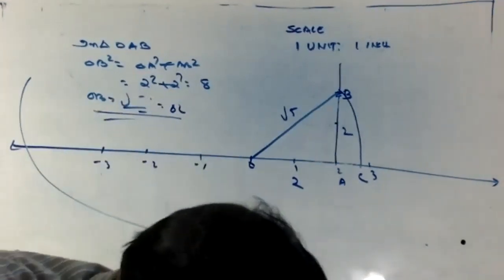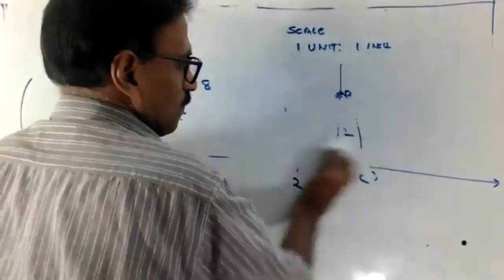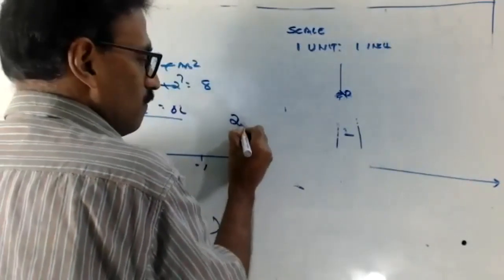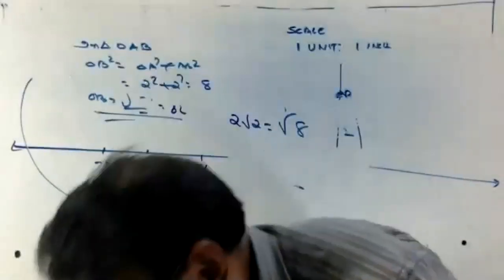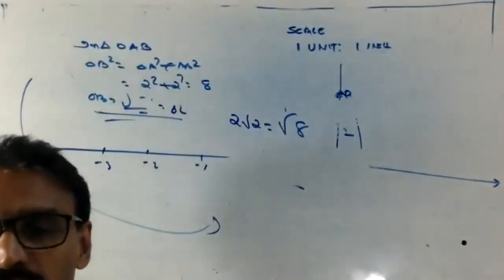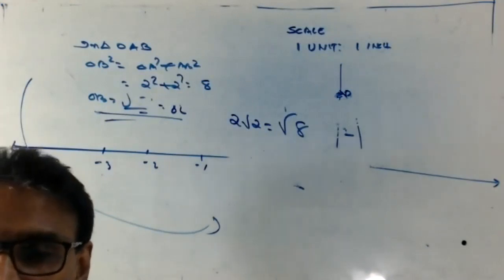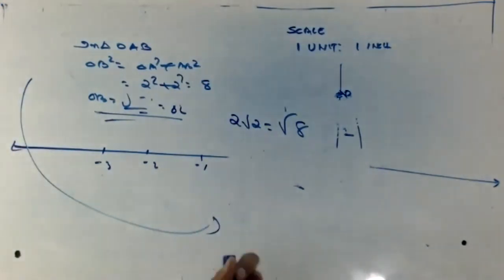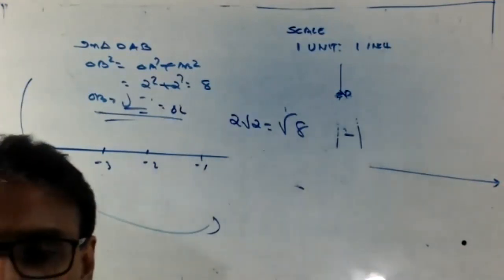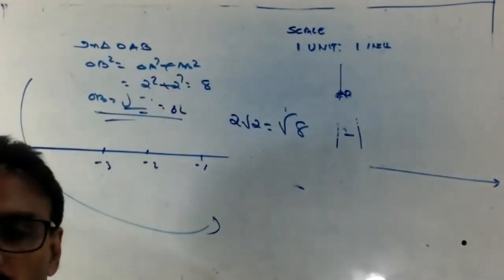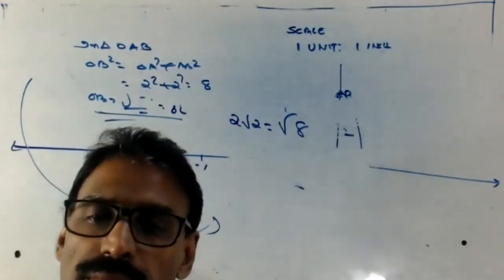Okay, now look here. Actually, what do you draw? 2 root 2. Listen here. 2 root 2, what is the actual meaning? It is root 8. Correct or no? 2 root 2 means root 8, so same thing only. No need to draw. Just write there: 2 root 2 equal to root 8. So I don't need to do it now. Maybe the question can be asked this way: draw 2 root 2. Careful students ask like this.